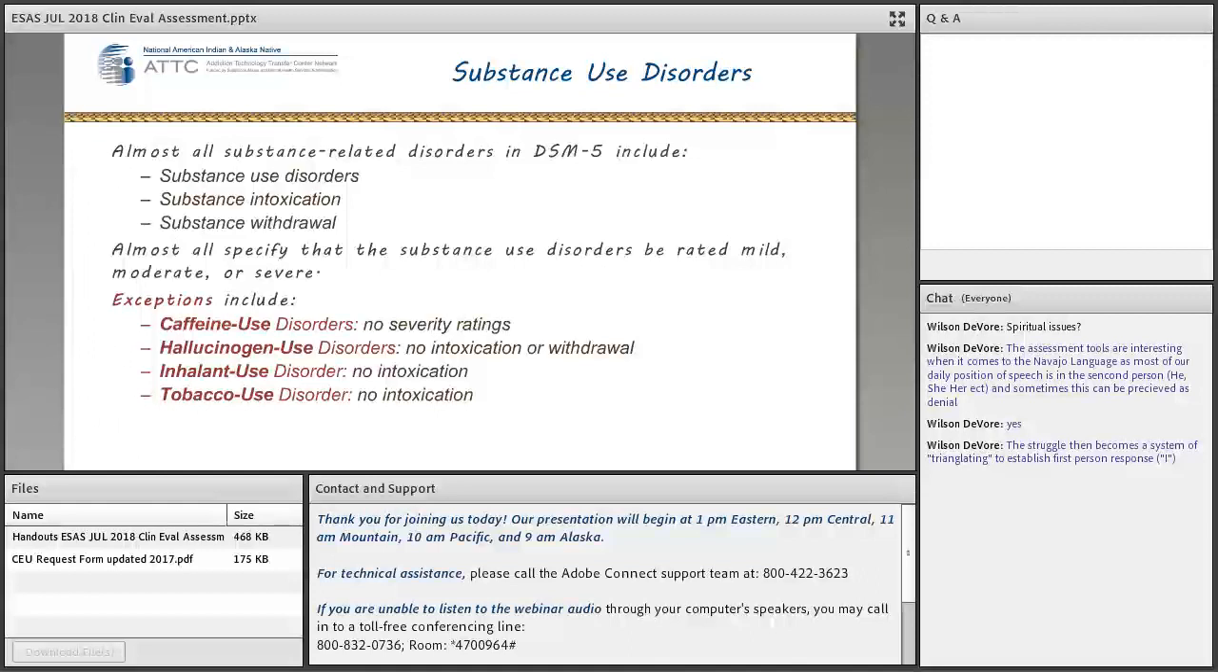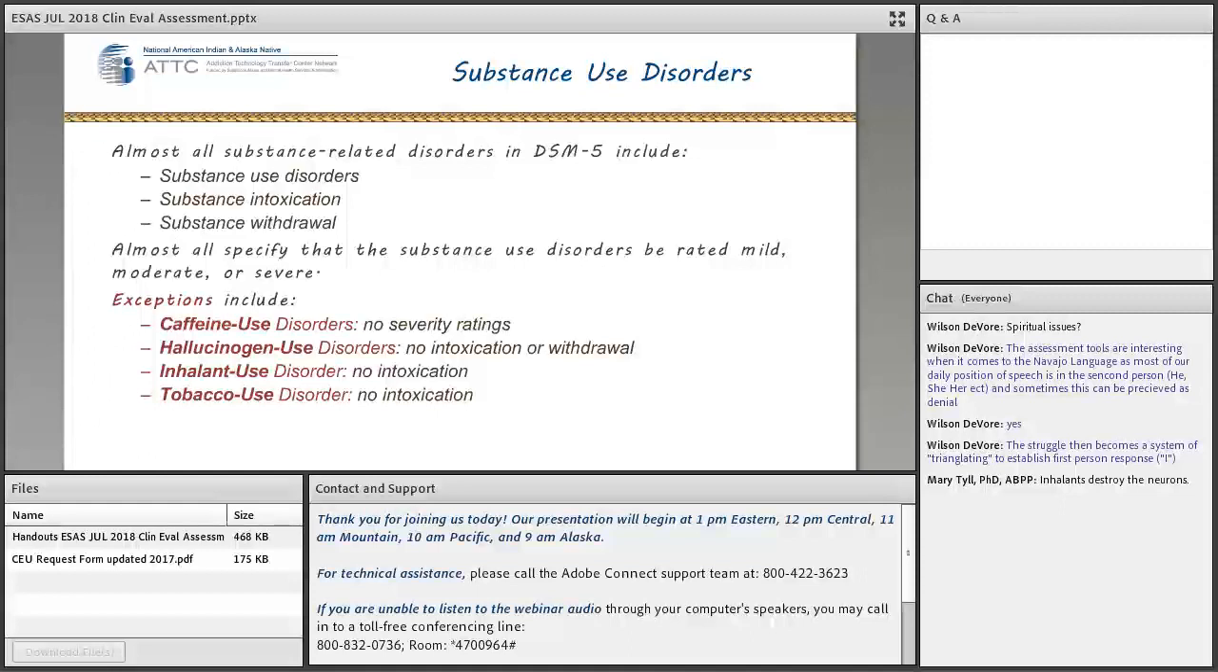Hallucinogens, they don't really consider intoxication or withdrawal, just like inhalants. Inhalant is not an intoxication either, because what it's actually doing is affecting the brain. It's blocking oxygen from getting to the brain. So they've said that there is no intoxication at all. For tobacco use disorder, they say there's no intoxication. I believe that in some of these there are some kind of